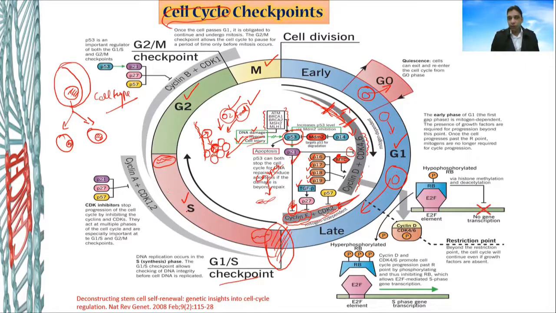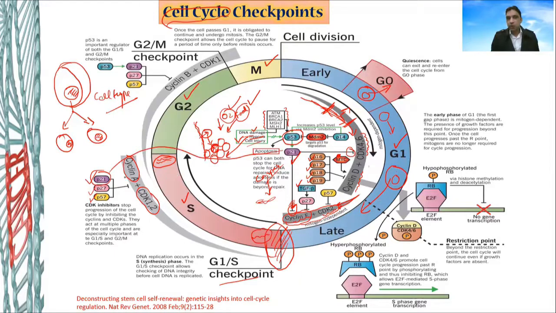So now how can we figure this out? The synthesis phase or the S phase is characterized by the presence of cyclin A and then the CDK. So you will see a lot of CDK type of things, CDK 1, 2, 3, 4. You will see a lot of cyclins which are involved in the cell cycle process. And then there are certain inhibitors like P21, P27 and P57. Look at the P21 once again here. Do you remember? You saw the P21 somewhere else. You saw the P21 from here.